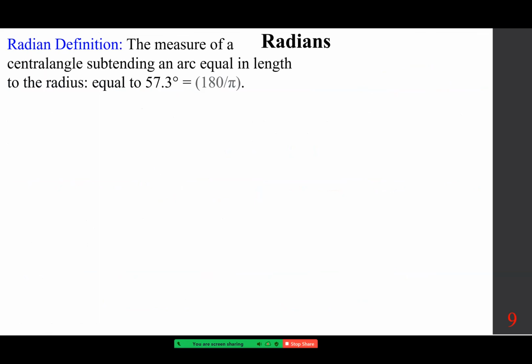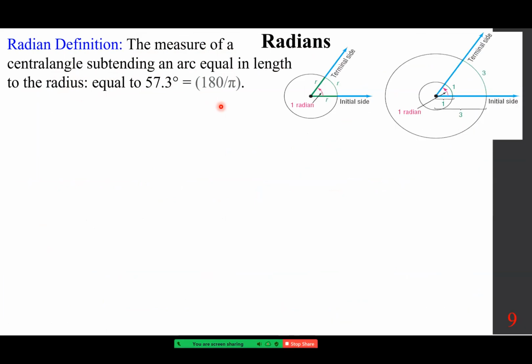First, radians and the definition. What is the meaning and definition of a radian? The measure of a central angle subtending an arc equal in length to the radius, which becomes almost 60 degrees. This is very close to 60 degrees. It's 180 over pi or 57.3 degrees, meaning if you take a look at any circle